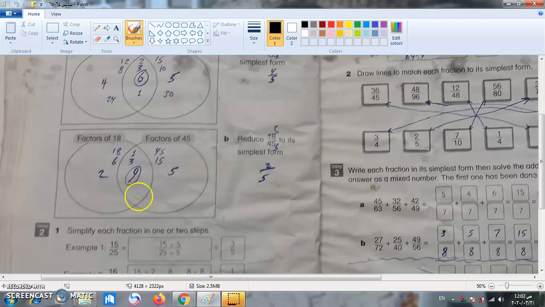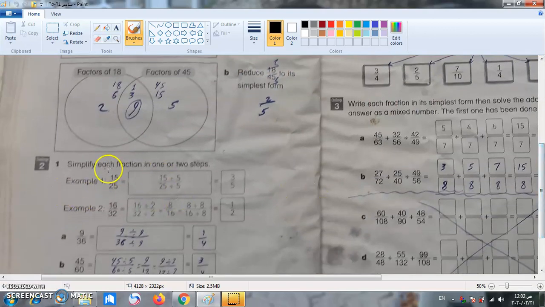Good. So when we put 18 over 45 in the simplest form, we will divide above and down by what? The highest common factor, 9. So 18 divided by 9 is 2, and 45 divided by 9 is 5. So the simplest form is 2 over 5. Good. The next exercise,